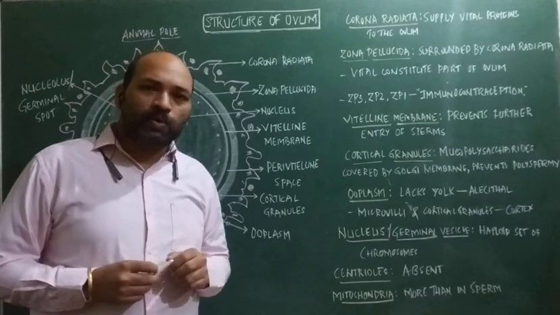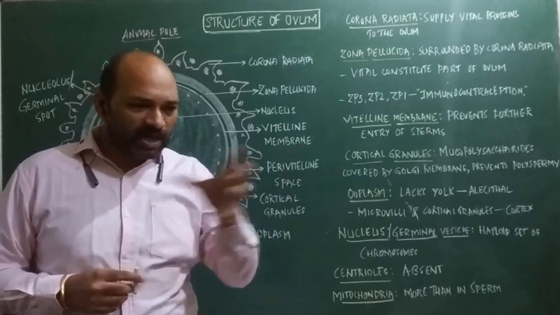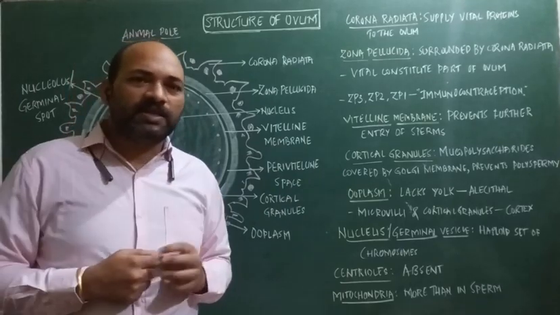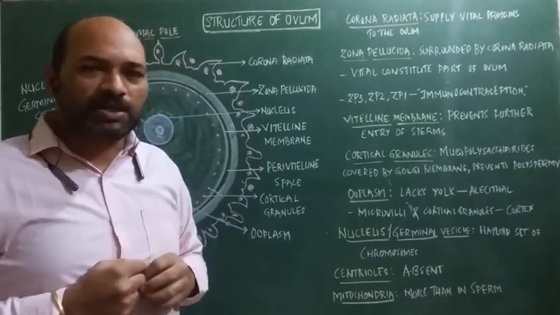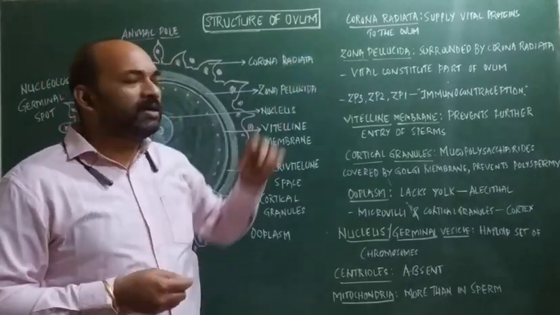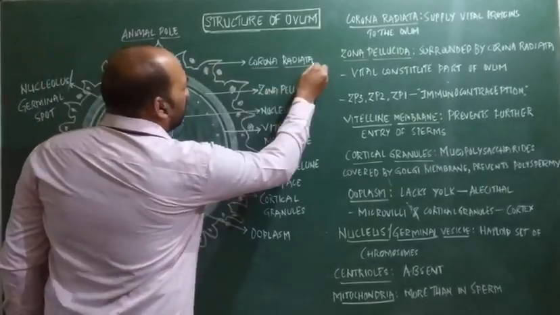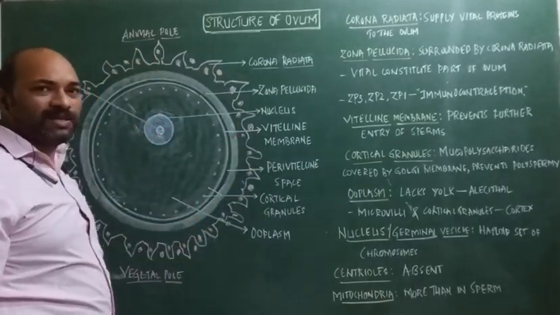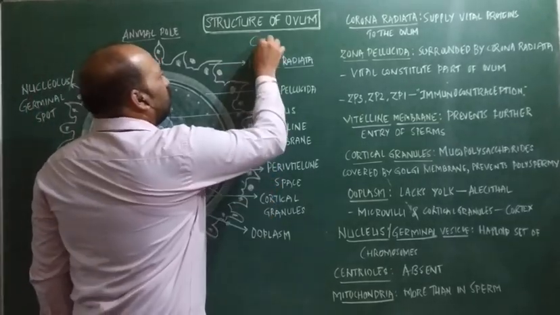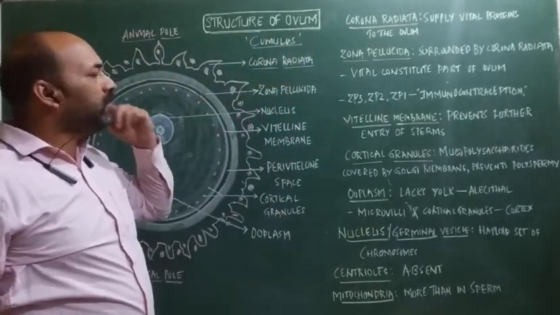During ovulation, that is in the Graafian follicle, the secondary oocyte comes out from the ovary. At that time some of the epithelial cells adhere to the zona pellucida membrane, and thereby that membrane forms the corona radiata. This corona radiata is said to be the outermost layer of the ova and the innermost layer of the cumulus oophorus. Okay, so that is corona radiata.